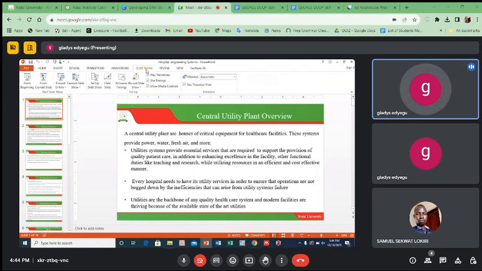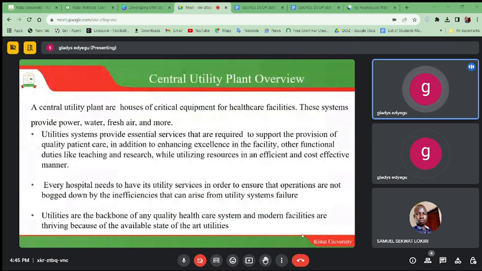Hospital engineering systems, and it is basically under hospital infrastructure as a module. So I want us to start looking at the central utility plant overview, what it means, and that is all under hospital engineering systems. I want to say that a central utility plant just houses critical equipment for healthcare facilities, and these systems provide us power, water, fresh air, and others, and they handle this